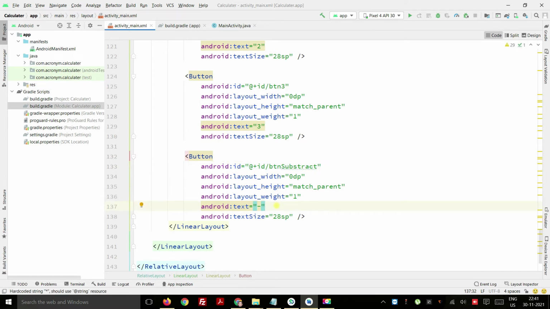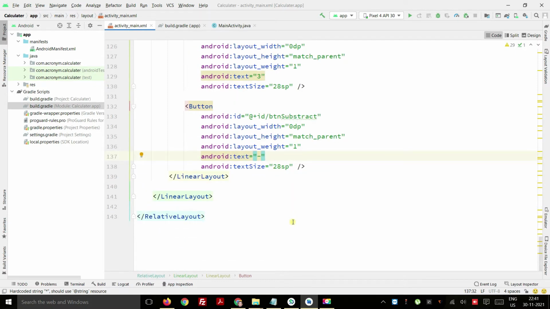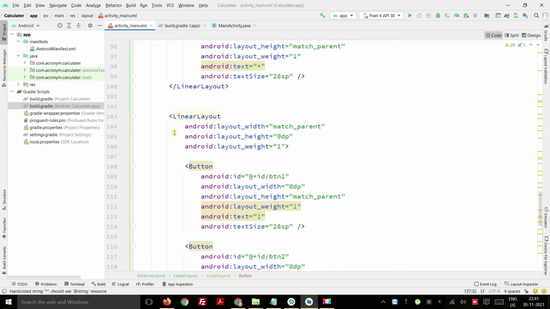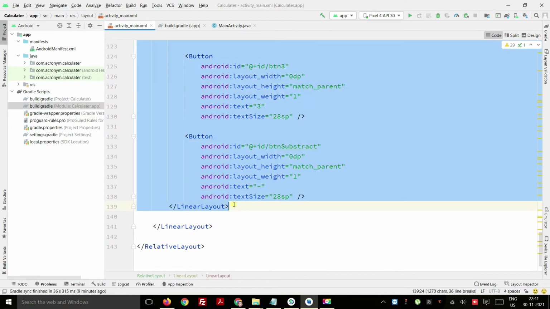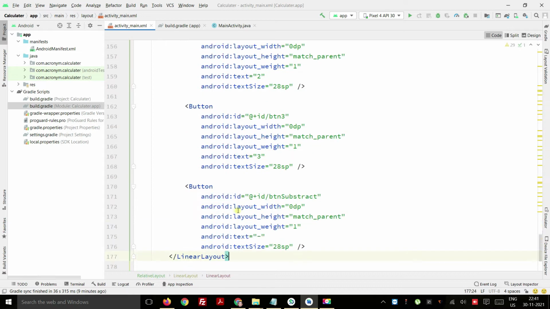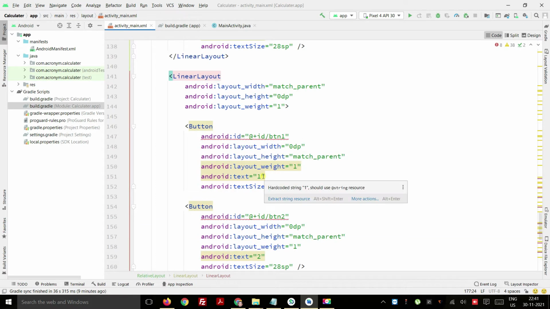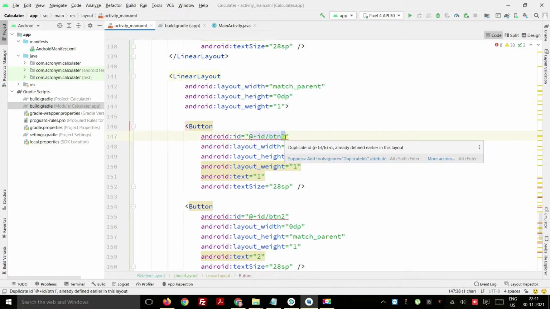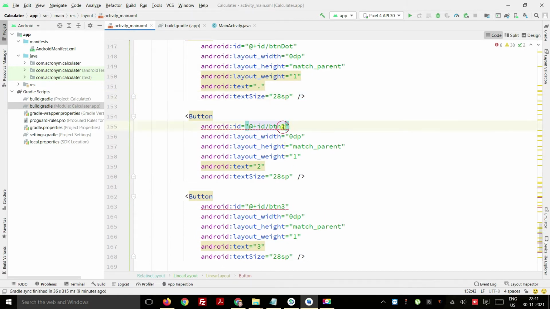Now after doing that, the next thing is that we are going to use some 0 or some point, and cancel, where we are going to delete, as you have seen in the calculator. So again I will copy it here, then I will press it over here. The next stage is for our button dot, we can put it as simply this dot. If you have some expressions with float numbers, like decimal values, we can simply do it. Then we will put it as a button 0, and I will put a 0 here.